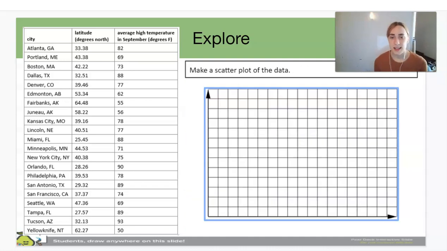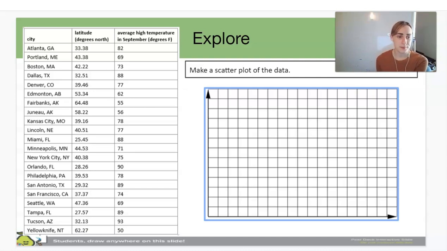Now here on slide F, we are making a scatter plot of the data. So you already tried describing any association you see on the previous slide. Now, when we make our scatter plot, it's a way of us visualizing whether or not there's an association between these variables. As we plot our points in the graph, it's going to be easier for us to either confirm what we thought about our association in slide E, or change our minds once we see it laid out in a